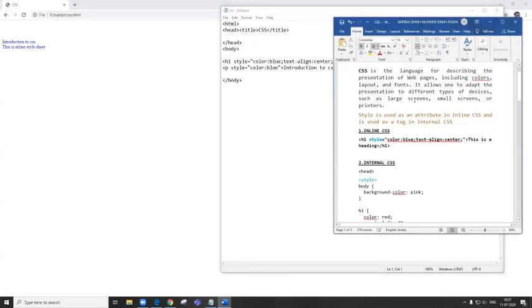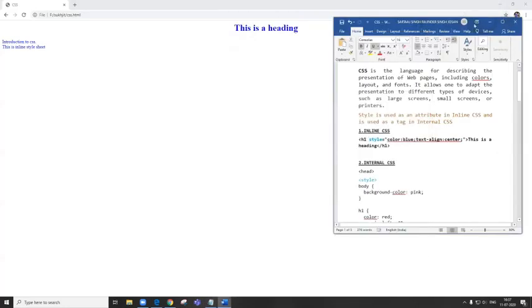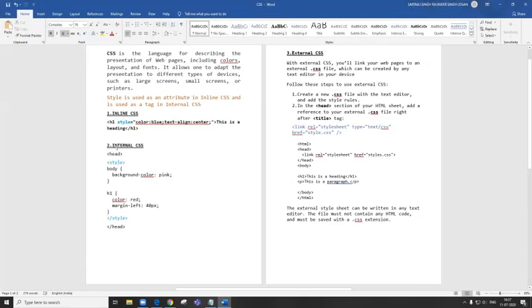Now let us come to the next one. The next here, children, is internal CSS. Children, for internal CSS, the style changes to a tag. Can you see here? Now the style, which was earlier the attribute in inline, in internal, it becomes a tag.